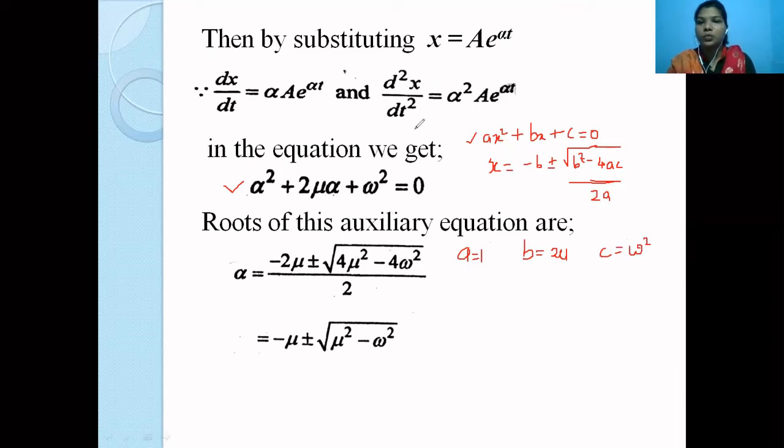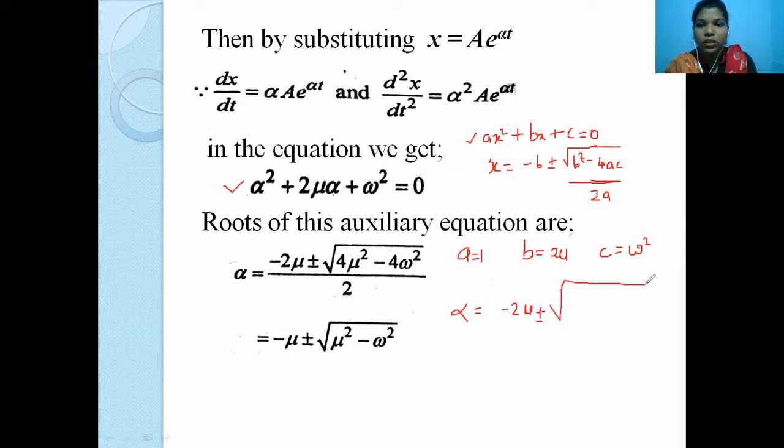Okay. So these are my substitutions, or these are my replacements for the quadratic equation. ax square plus bx plus c is equal to 0 is the standard format. And the format that I have is alpha square plus 2 mu alpha plus omega square is equal to 0. So if I do the substitutions, I am simply going to get alpha, which is equal to, in the place of minus b, I can write minus 2 mu plus minus, in the bracket, now we have b square.